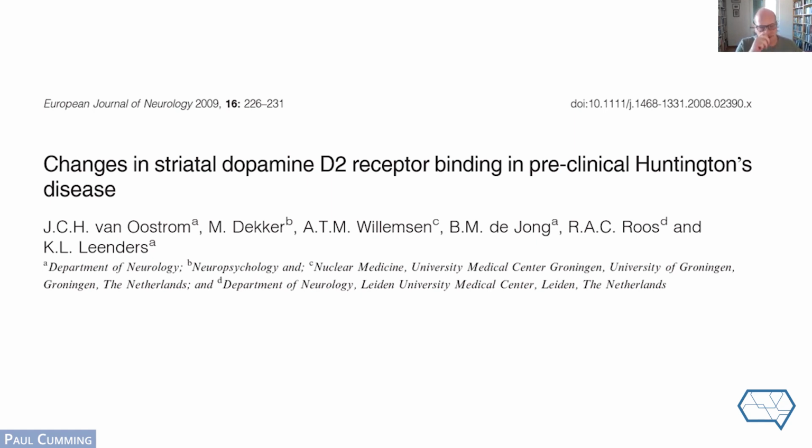And this research group presented 10 years ago the results of a more refined analysis of dopamine receptor binding, again at that very critical transition between preclinical Huntington's disease among carriers who do not yet manifest conspicuous symptoms. And I bet they do have symptoms if you look closely enough. But this point of transition between the preclinical syndrome and the point where they actually declare symptoms is a very interesting point, because it indicates a threshold for pathology and a threshold where you would have to embark on a treatment before, if you were to rescue these patients.